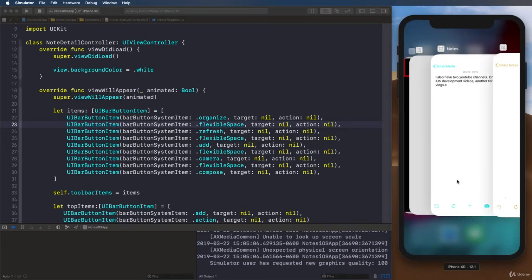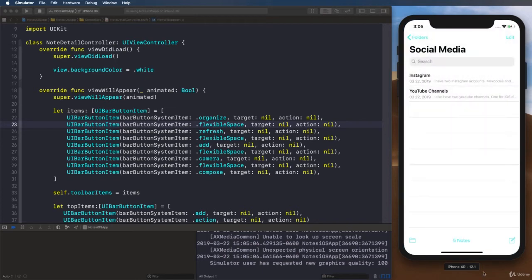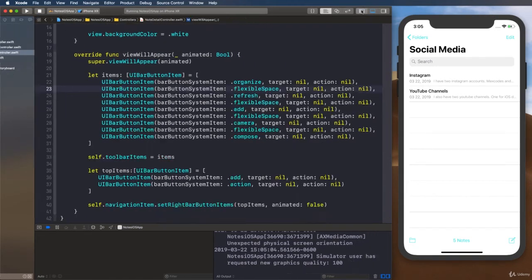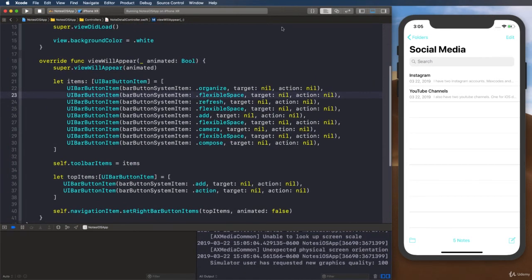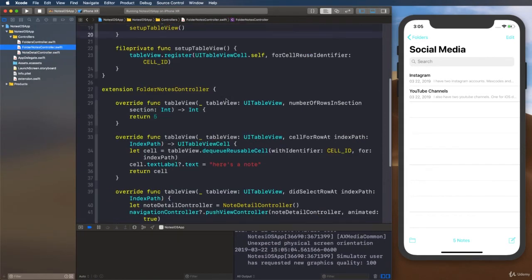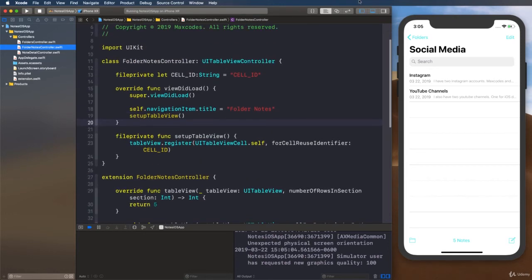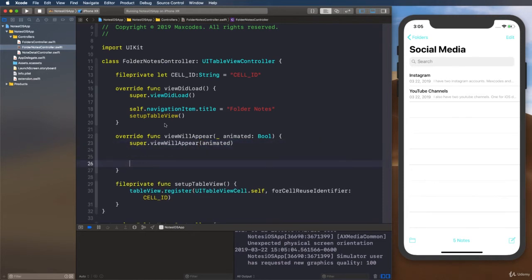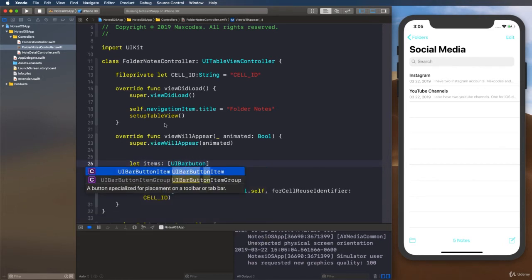Now, the one last thing we need to do before we continue is we need to get these ones in here for the folder notes controller. So what I want you to do is go into the folder notes controller, and let's go to our viewWillAppear. Looks like we haven't implemented it yet. So we'll type in viewWillAppear, and we'll say super.viewWillAppear(animated), and we're going to say let items is of type UIBarButtonItem,